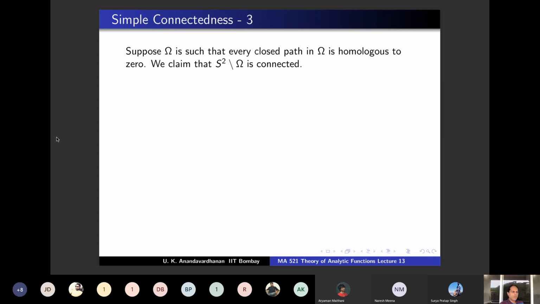So S2 minus omega being connected is another characterization for simple connectedness, because we are assuming omega is also connected. Okay, for a region omega, S2 minus omega is connected is another characterization. We are going to deduce that from the fact that every closed path is homologous to 0. So suppose not. Assume that every closed path is homologous to 0 and assume that S2 minus